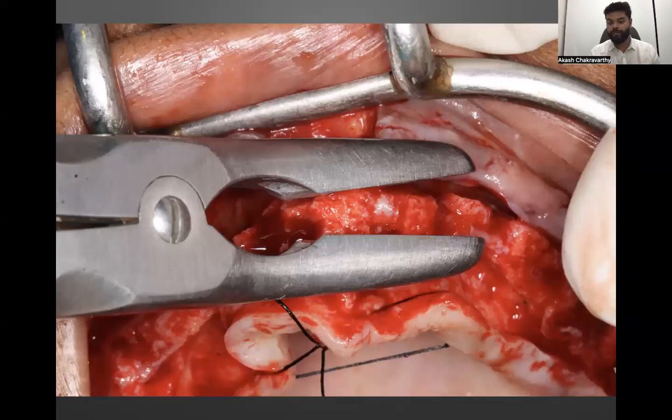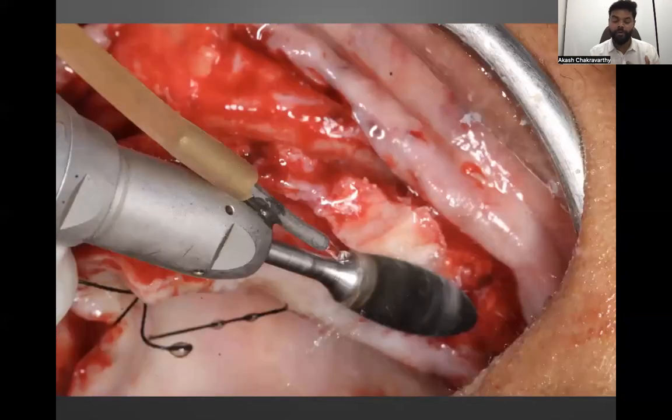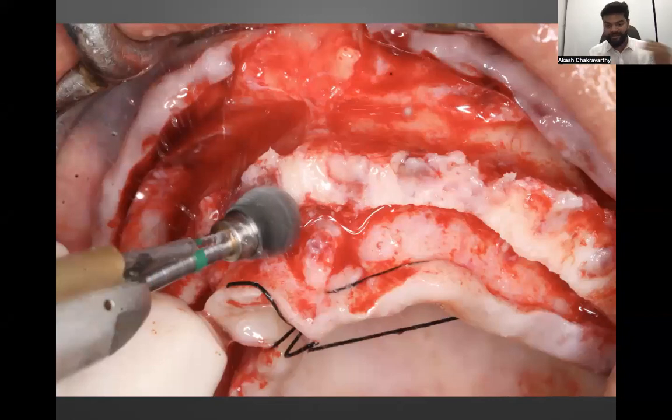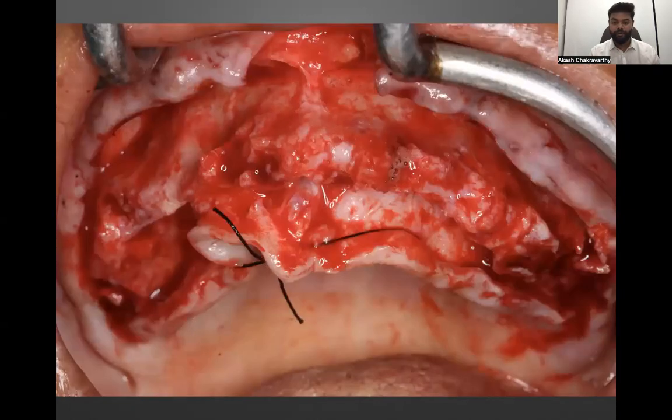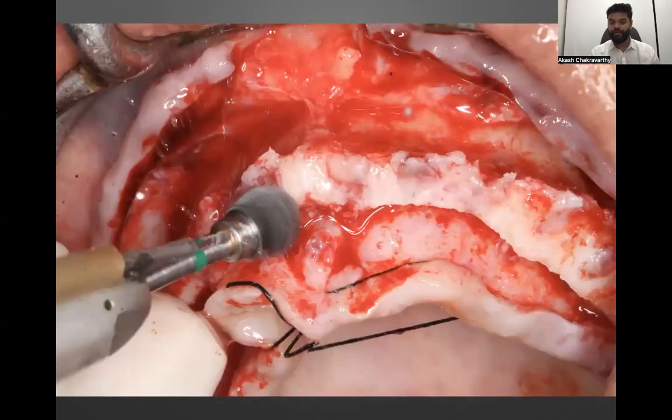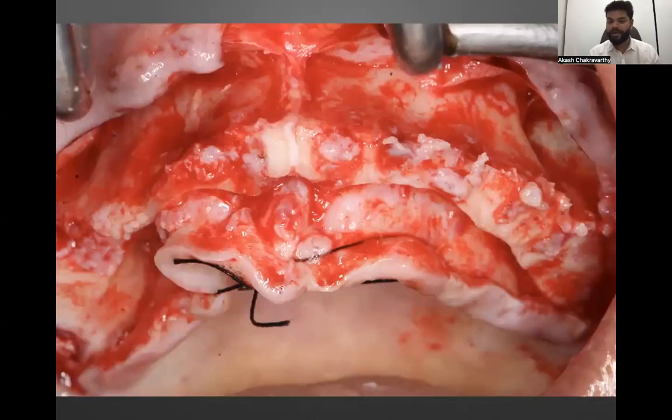Okay, so I used a bone rongeur to take out some of the alveolar bone. As I previously discussed, you want to remove all of the alveolar bone and make it into a flat surface like this. Now, after bone reduction, you see I've gotten a little bit of width of the bone now, and also you see a flat surface. If you notice over here, the bone is up and down. And now we have a flat surface to place our implants in.